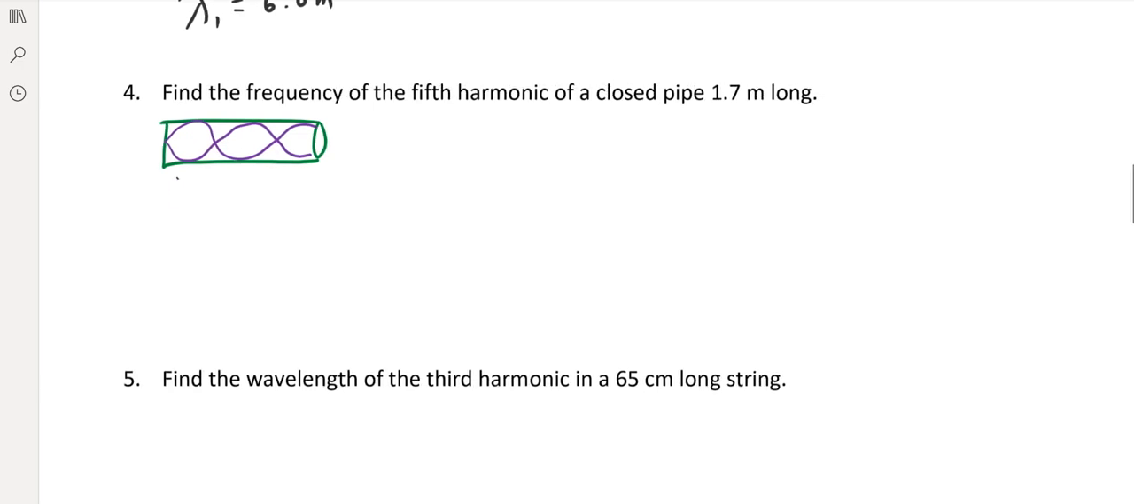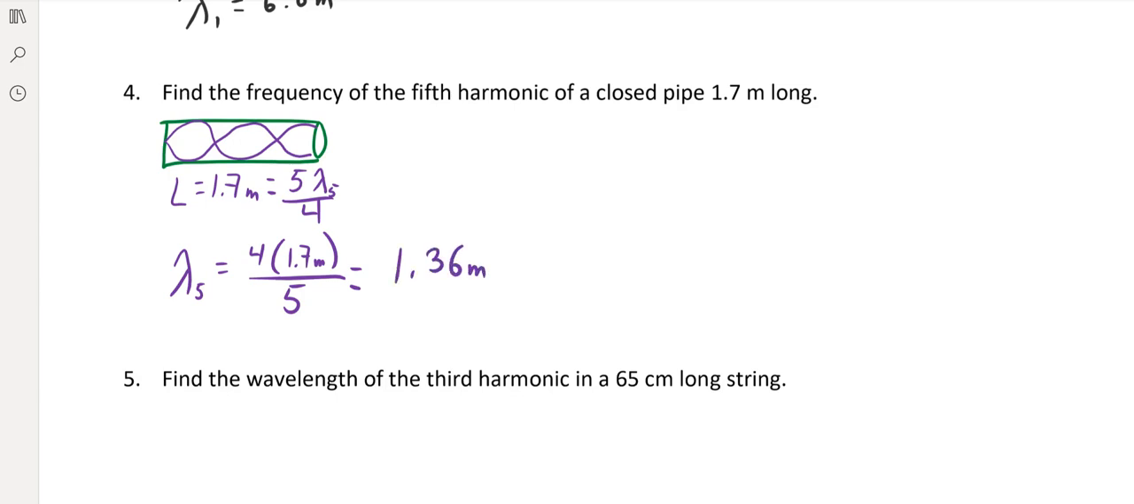So we know that the length, which is 1.7 meters, is equal to 5 lambda 5 over 4, fifth harmonic. So to find the wavelength of that fifth harmonic, we're going to multiply both sides by 4, and we're going to divide by 5. And when you do that calculation, you're going to get a wavelength of